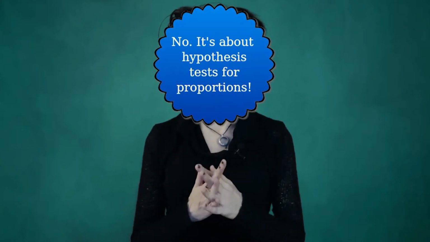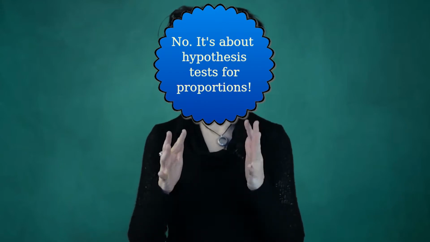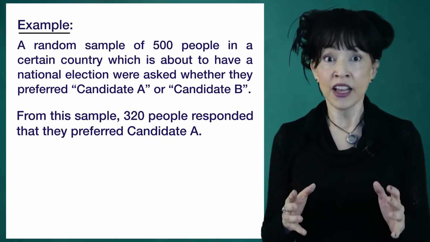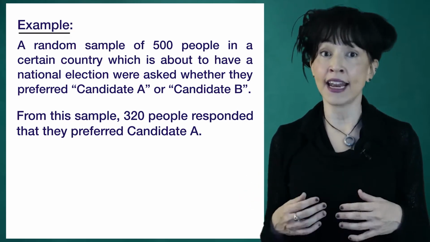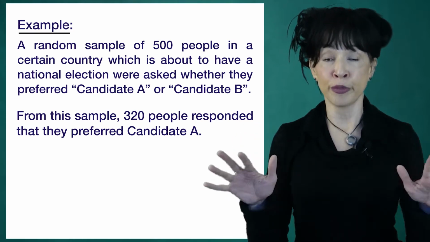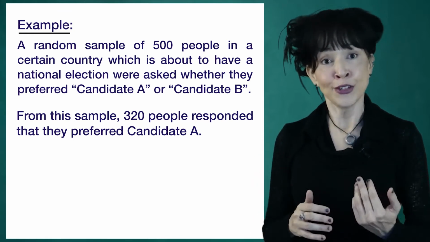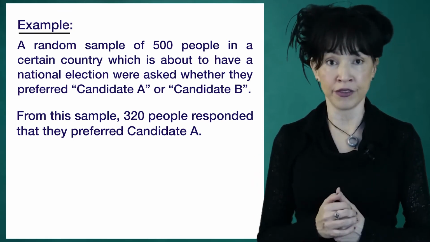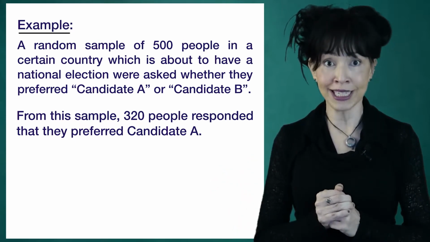So what's it about? It's about confidence intervals for proportions. Before talking about how to do this, let's set it up with an example. In a certain country, there is a national election coming up, and there are two candidates, candidate A and candidate B. I want to know the true proportion of people in the country who prefer candidate A. So I took a random sample of 500 individuals, and I polled them, and I found that 320 of them